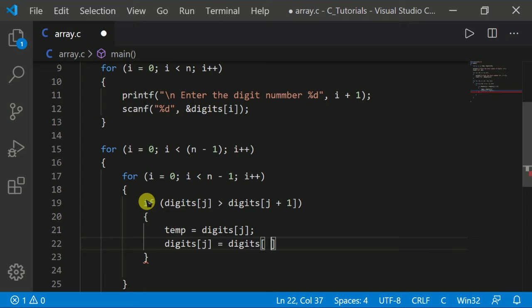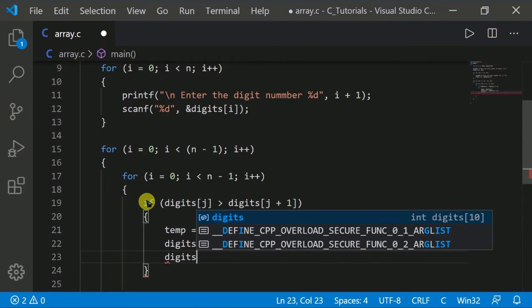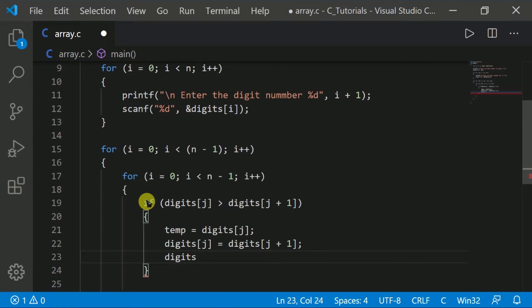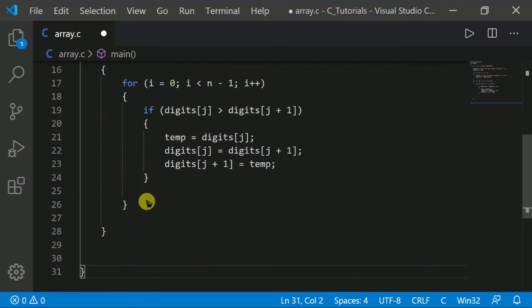After that digits of j plus 1 equals temp. That is our nested loop.